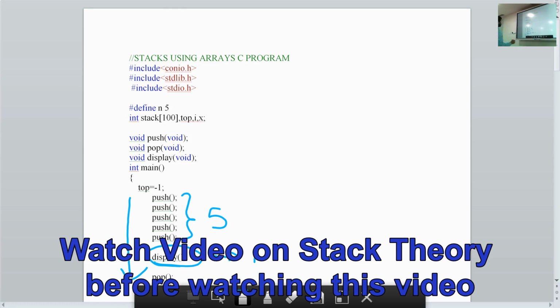Now you remember that we have initialized our top of the stack variable top equal to -1. We are going to do 5 continuous pushes, and after pushing 5 times we are going to display the values.